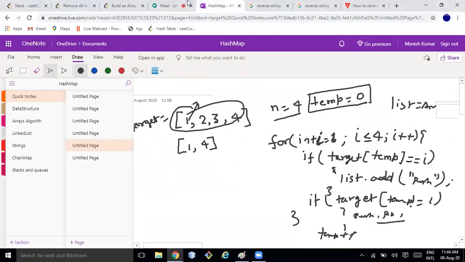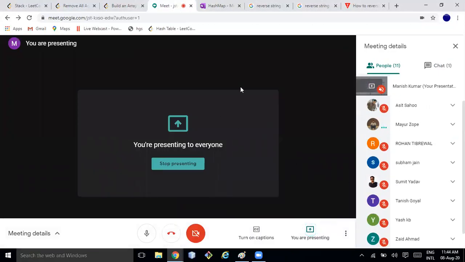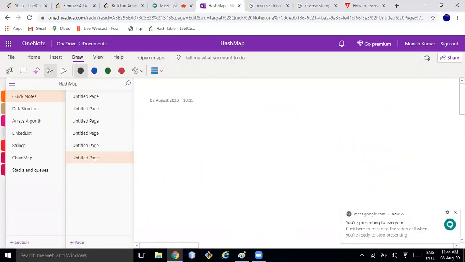My suggestion is that before coding, try to solve on pen and paper. If you master solving on pen and paper, then you won't face problems handling corner cases and overflow exceptions. The problem is very simple, so let me write something like this.